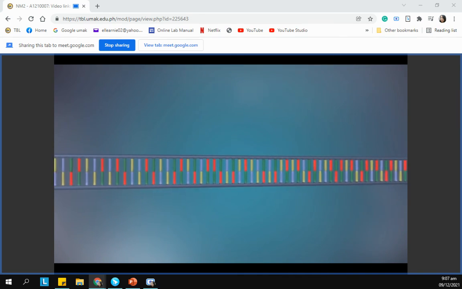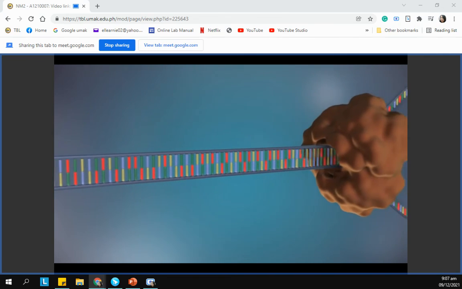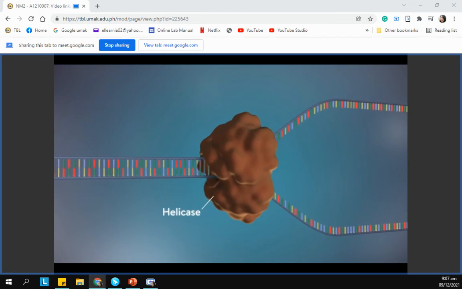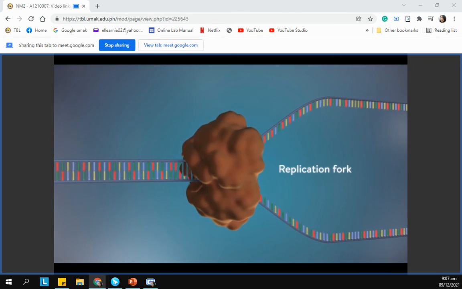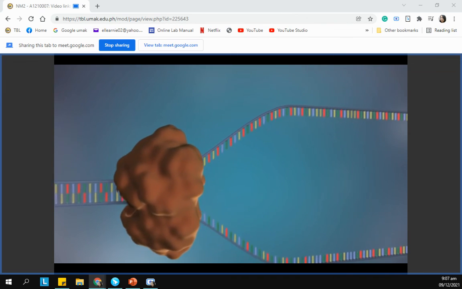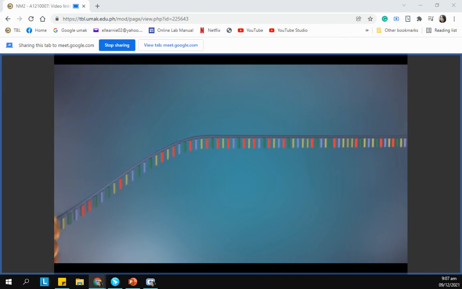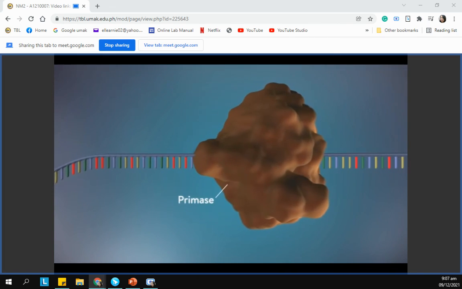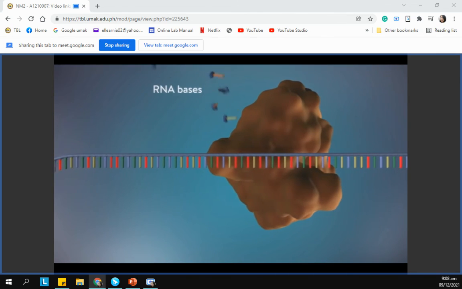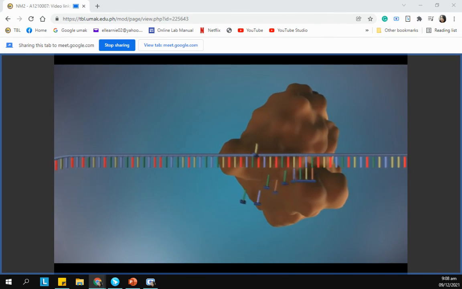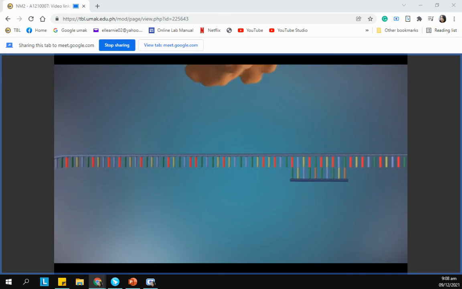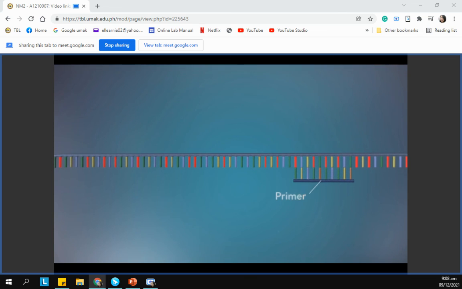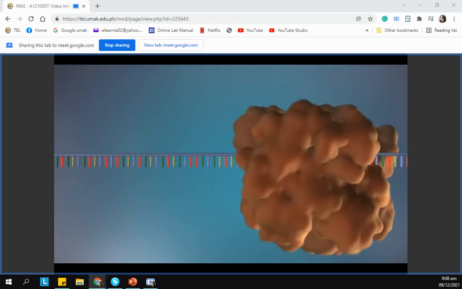This determines how each strand of DNA is replicated. The first step in DNA replication is to separate the two strands. This unzipping is done by an enzyme called helicase and results in the formation of a replication fork. The separated strands each provide a template for creating a new strand of DNA. An enzyme called primase starts the process. This enzyme makes a small piece of RNA called a primer. This marks the starting point for the construction of the new strand of DNA. An enzyme called DNA polymerase